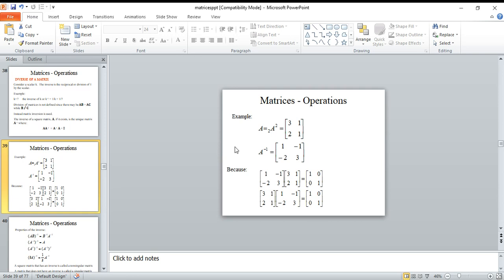Because 1 into 3 minus 1 into 2 gives 1... so if we multiply A and A inverse, it will give the identity matrix. A into A inverse, and A inverse into A, will both give the identity matrix. Example,